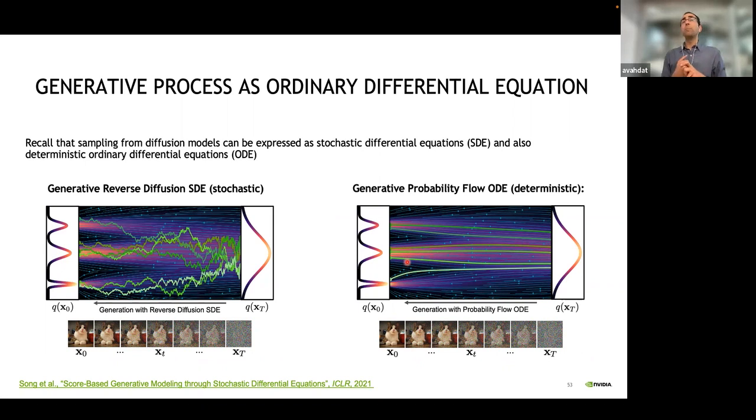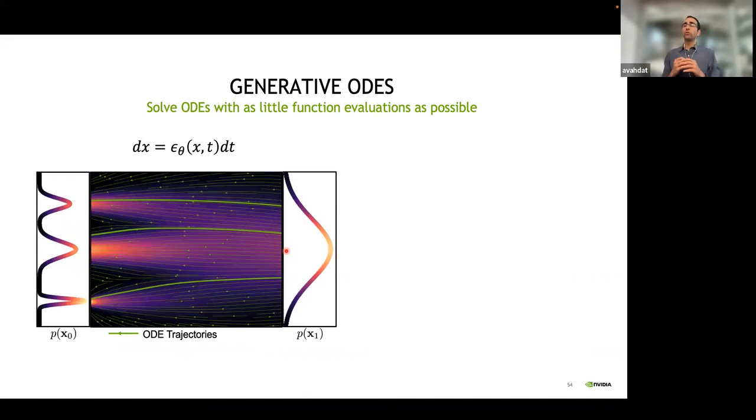This is really nice because ODEs have been around for a very long time in different areas of science. They are well studied, and there are just so many different solvers you can use for sampling from ODEs. And it turns out, if you want to go to the extreme of very few function evaluations, these ODEs can get very promising results, because it's just much easier to solve ODEs with large step size compared to SDEs. So in this work, we're going to introduce an ODE solver that we specifically designed for solving diffusion